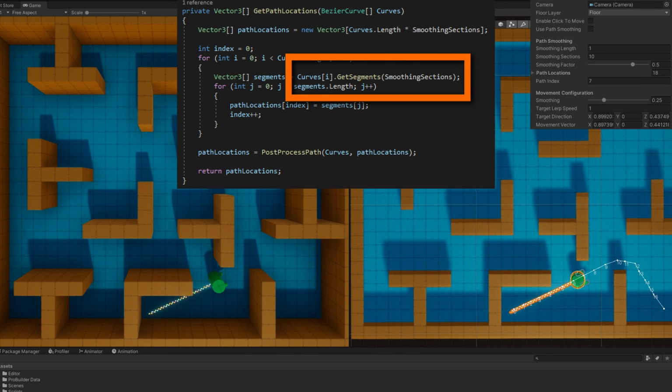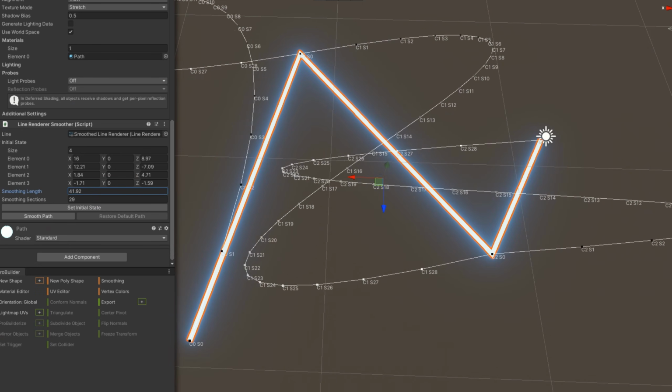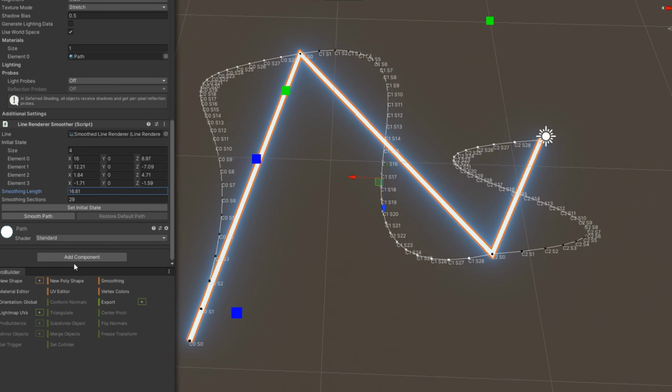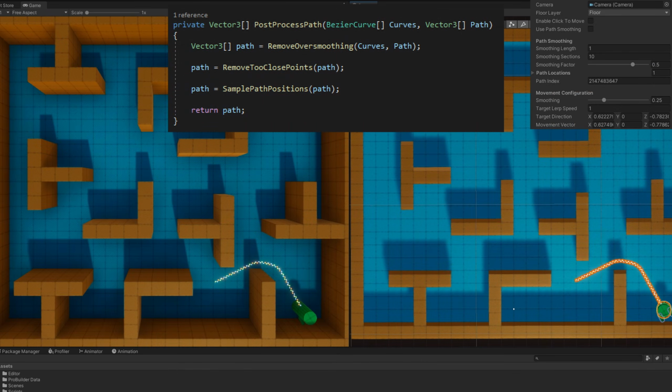You'll notice there's this one extra line here where we set path locations equal to post-process path. This is because the curves that we made may go in the wrong direction, or we may have too many points in a small area, which is going to make the agent move a little bit weird. You'll remember from that previous video, if you set the smoothing length to be too high, you'll sometimes get some weird results. So what we do in the post-processing of paths is